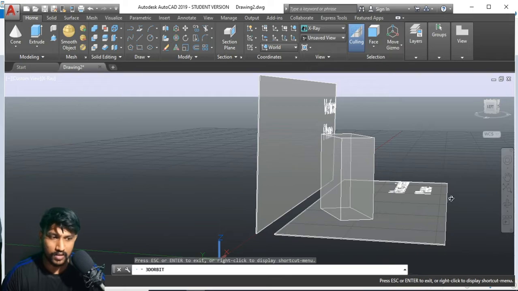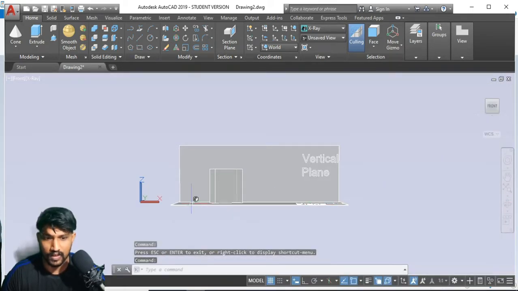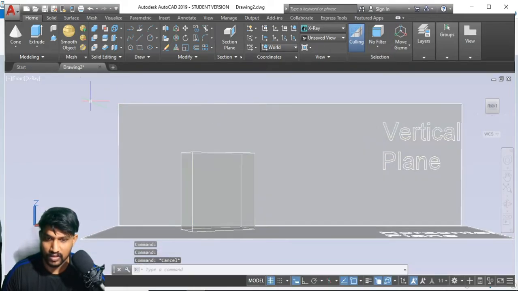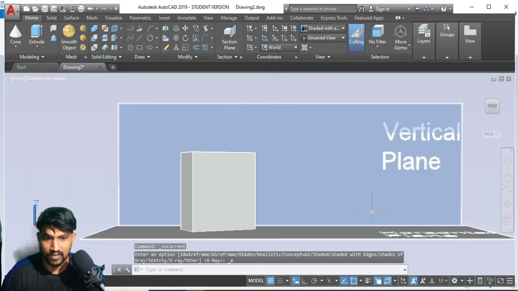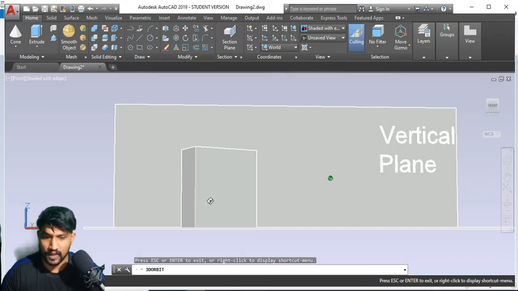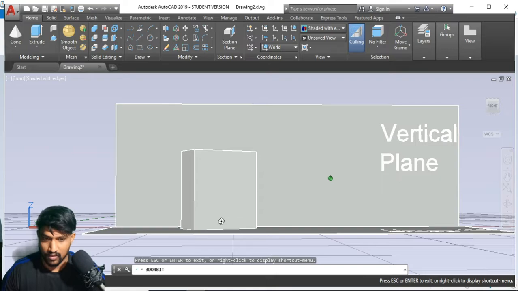So here, now if you watch this one from the front, you're able to see the 4 edges because X-ray mode is on. If I go to shaded with edges, can you guys actually see the 4 edges? No, right?